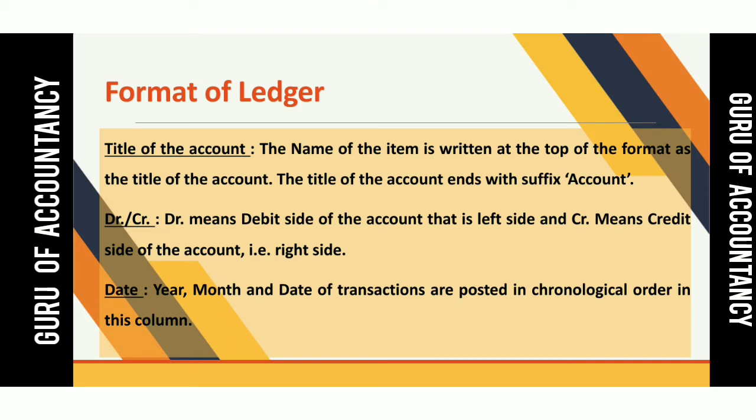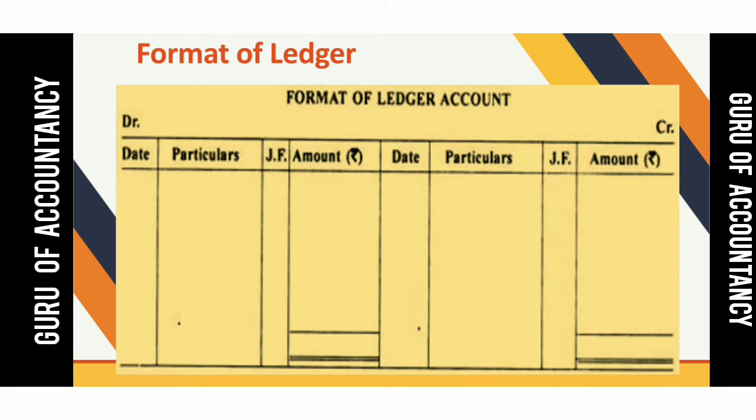One important thing, when you are preparing account, then on the debit side you have to write the word to, and on the credit side you have to add the word by. Say for example, to cash account on the debit side, and on the credit side by capital account. So to word is added on the debit side and by word is added on the credit side. So this is the format of account. We will open different types of account.